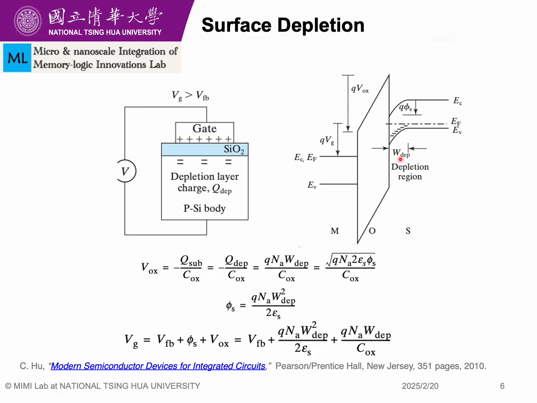We want to know how much is the depletion region width and what is the applied Vg. First we know the VOX, the oxide voltage, is the total substrate charge divided by